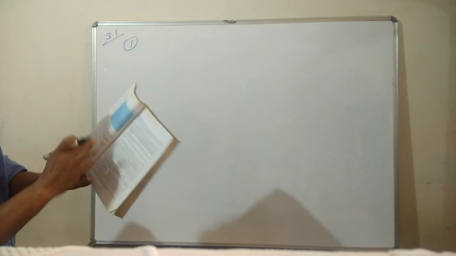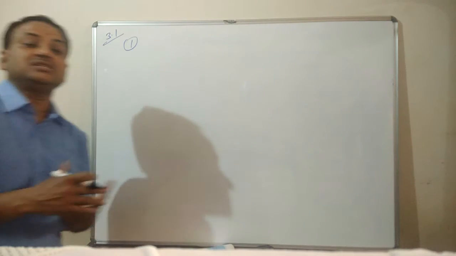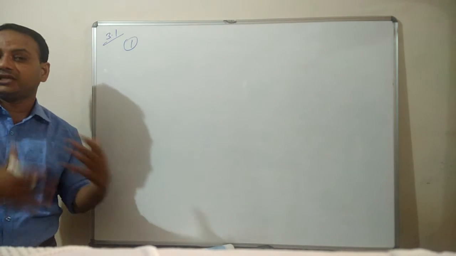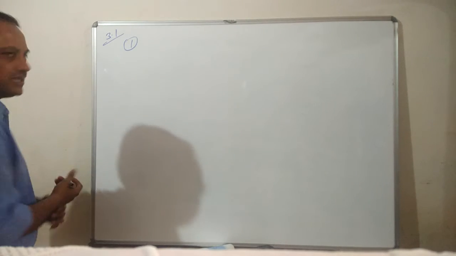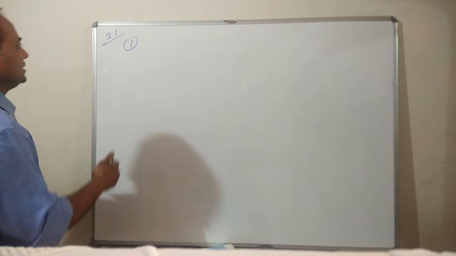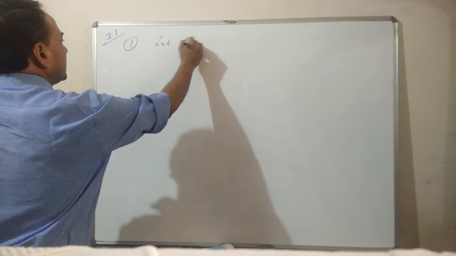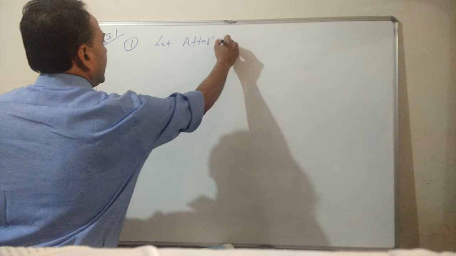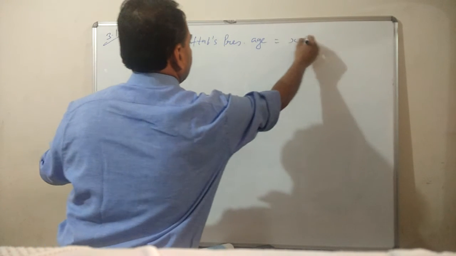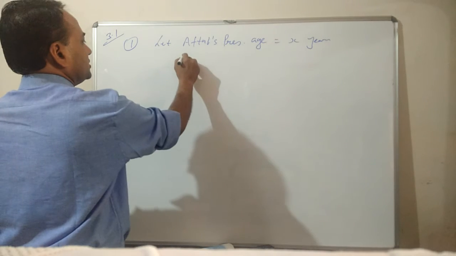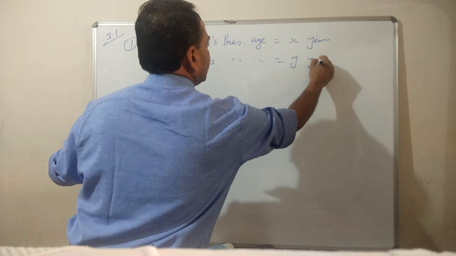Right. So what we can do, first of all, we'll assume x and y variables, since it is a two variable chapter, linear equations in two variables. So we have to assume two variables first of all. You can take any variable, but generally we go for x and y. So the father is there, Aftab; we will assume Aftab's age, and always we will assume the present age, that is x years. Okay, and then the daughter's present age we will assume y years.